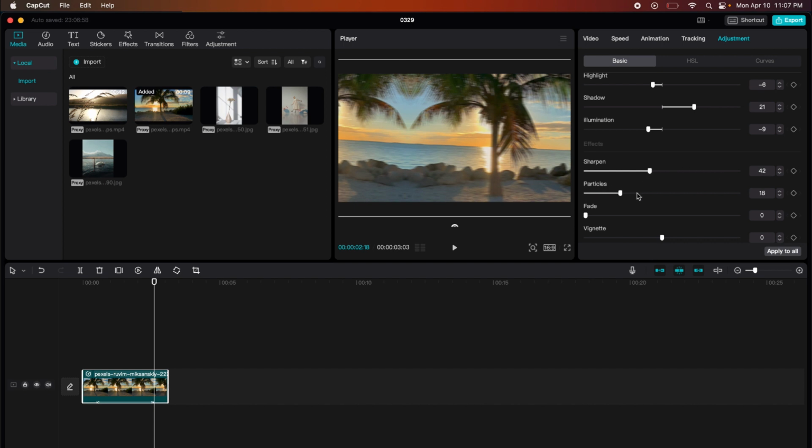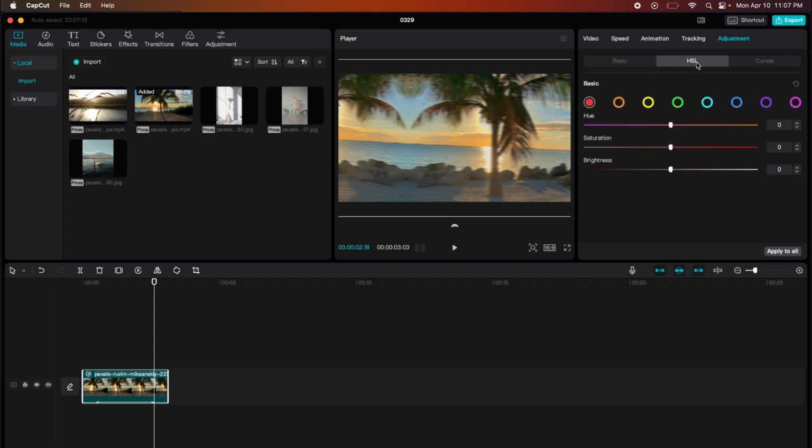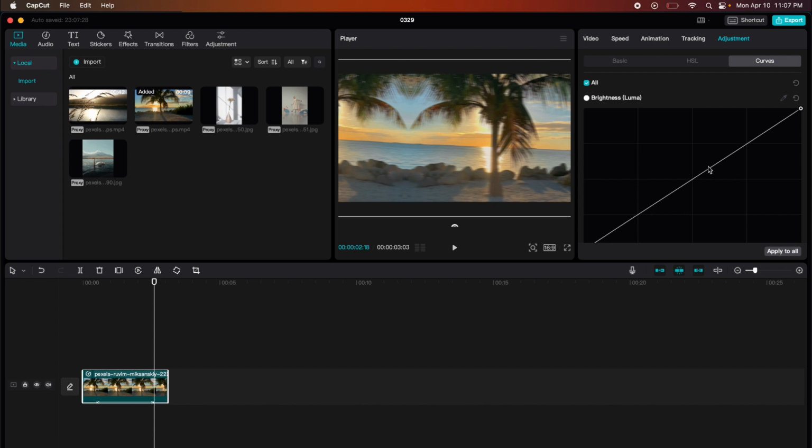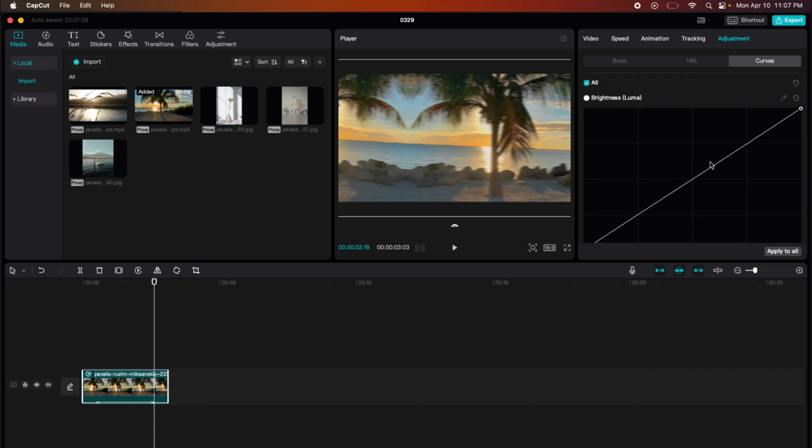You could also sharpen it. I know a lot of people sharpen. You could add particles, fade. You have a vignette. There's really a lot of options here. I'm honestly surprised that something with this much capabilities is free. And then you have this. You play with the different colors that are actually inside of the video. Then you have your curves that you could play with the color. And yeah, that's what you could do with